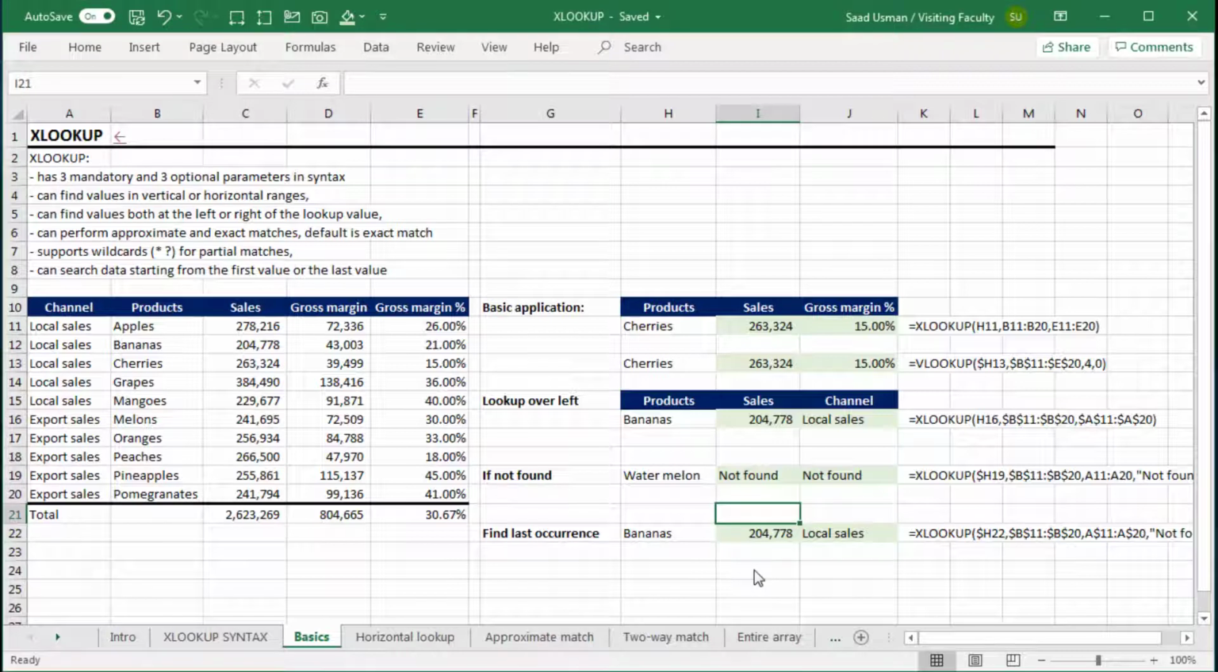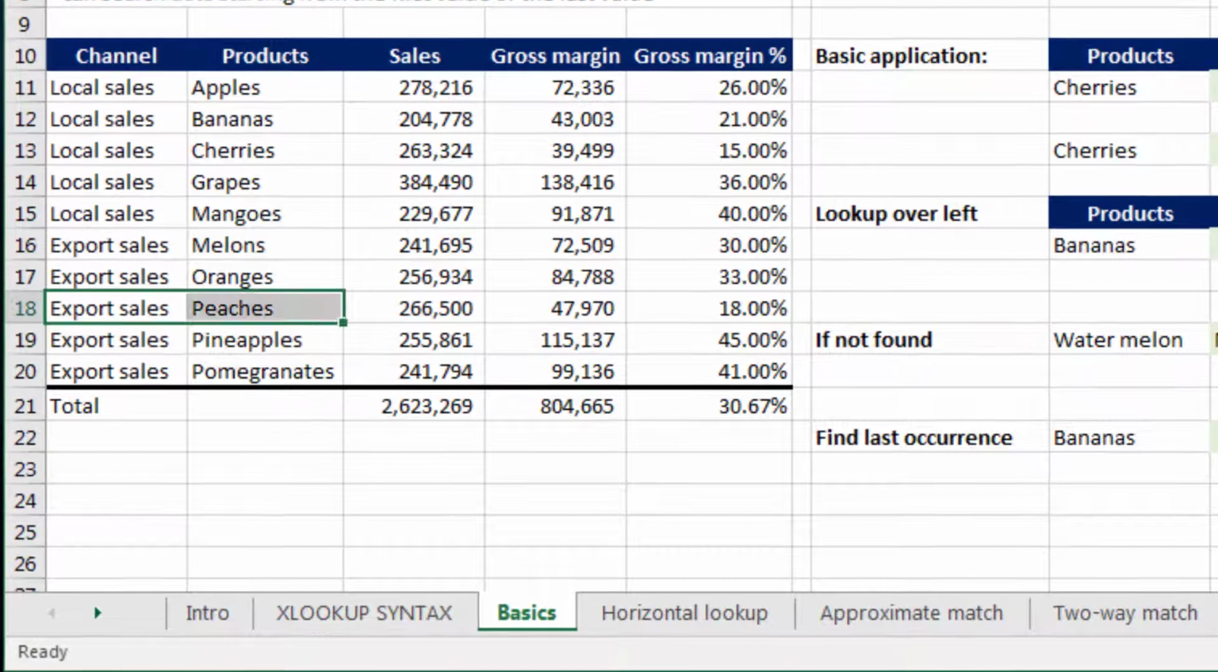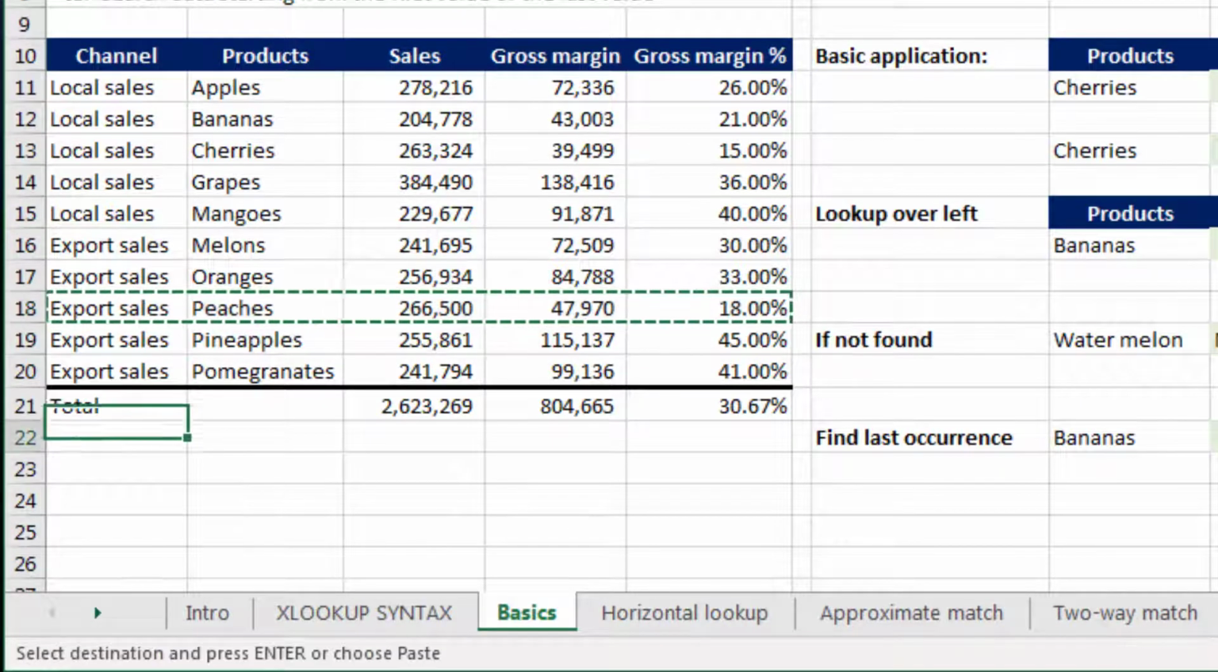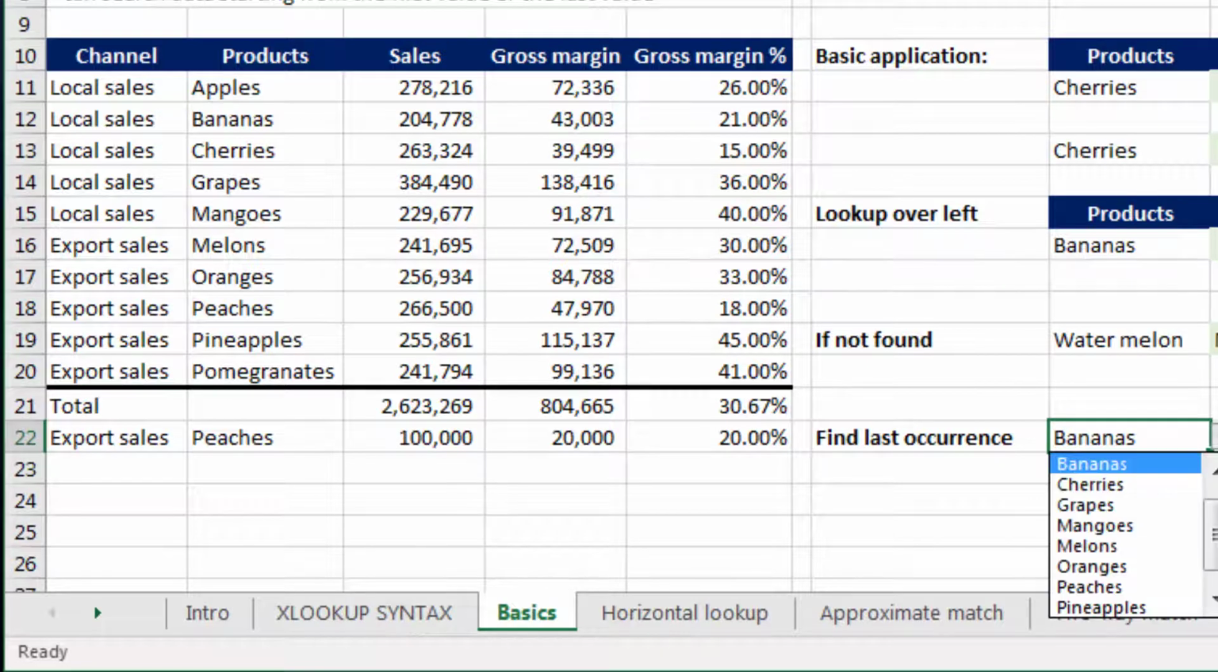One additional feature which the XLOOKUP formula has, which VLOOKUP did not have, is to find the last occurrence of a lookup value in the table array. In this case, let's apply and then we can discuss. For example, in our case, this is a distinct list of values. Let me just copy one entry over here and let's change it to some other value. For instance, if I want to find, let's say, peaches,